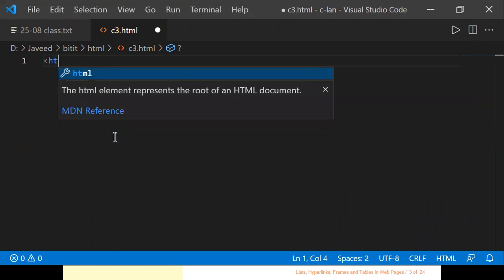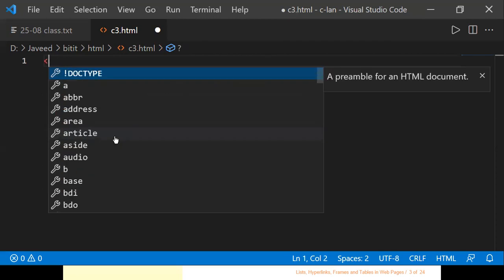We start with the HTML tag, then the head section, then the title section, then close the title, close the head, then open the body part, then close the body, and close the HTML. All that you have to type manually.